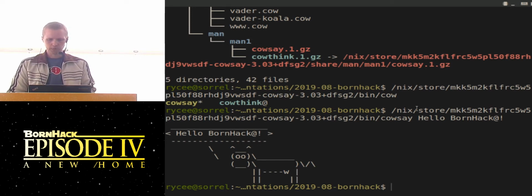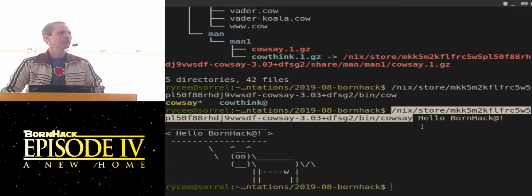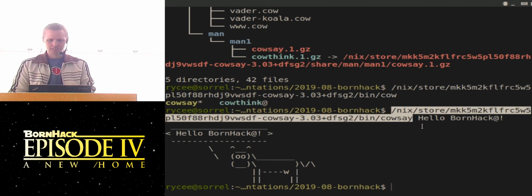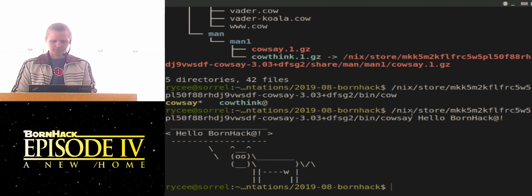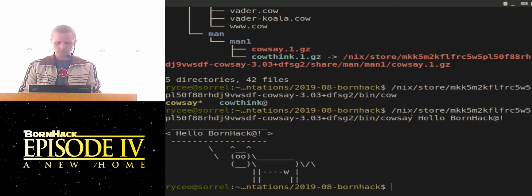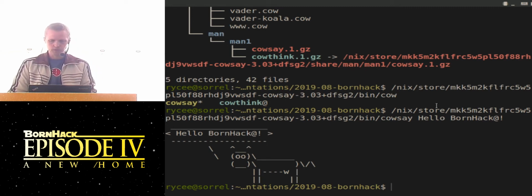Of course, it's quite inconvenient to actually try to remember the hash of the package you want to run. So it's also possible to install packages into your user environment, and that's quite different from the typical package managers as well.